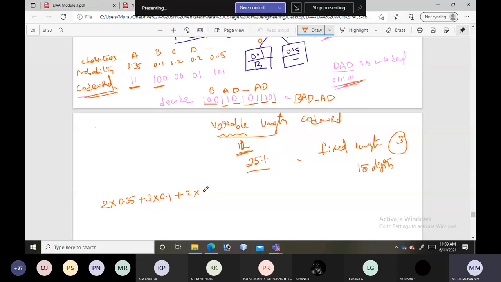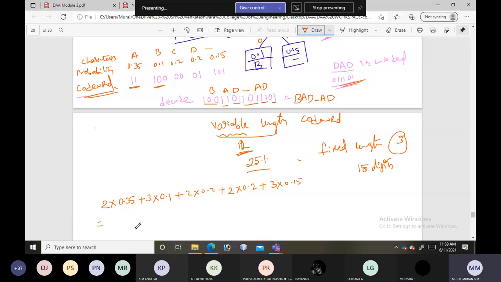Similarly for C, 2 into 0.2, plus for D, again 2 digits into the probability. For underscore, it is taking 3 digits and the probability is 0.15. Kindly solve this. What do you get? 2.25.